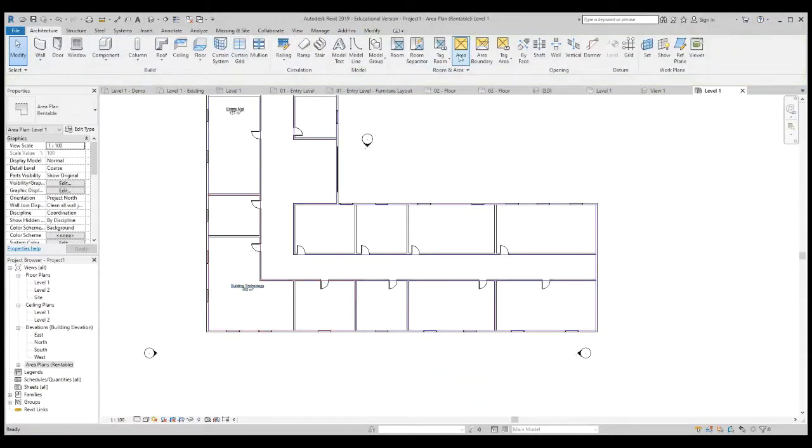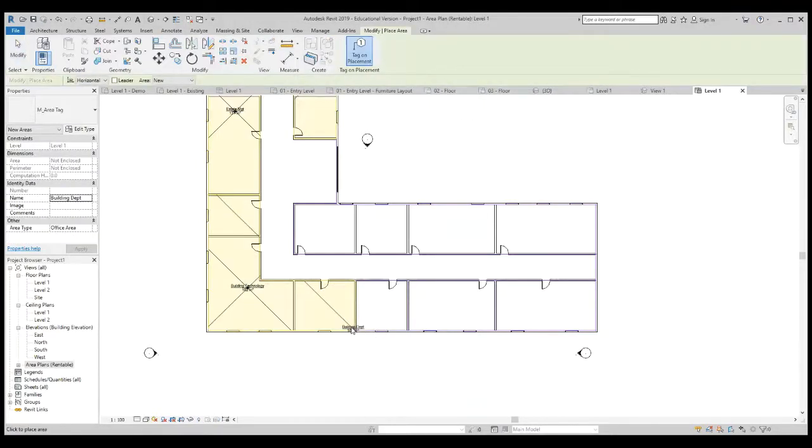We proceed. I'll go ahead and select that area again to complete the other ones. As I'm already carrying it, it's carrying the last one I did. That is a building department, but that's not what I want. I want it to be architecture department. So I change it. It's an office area. I apply it,